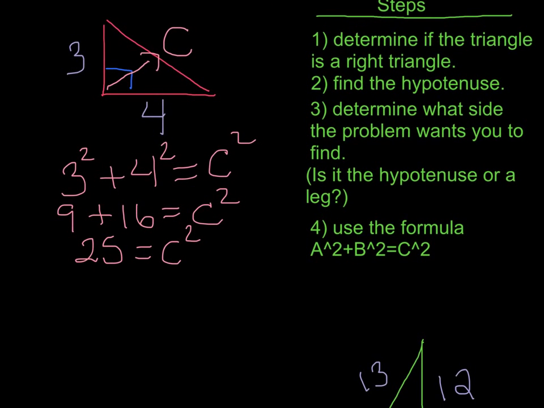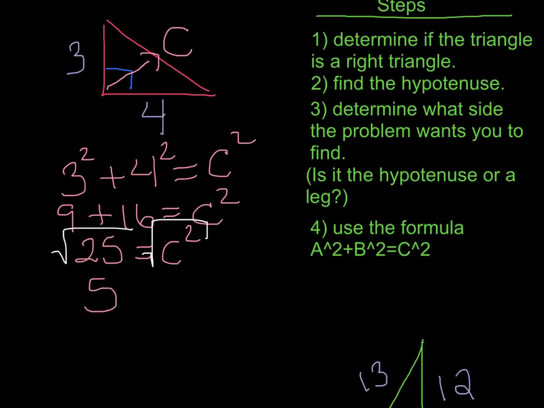Okay. Now, I'm not done there, okay, because I need to isolate the letter C. At the moment, it has an exponent, so that's not really isolating it, okay? And in order for me to get rid of an exponent, I need to square root it, okay? But if I do that to one side of the equation, I also need to do it to the other, okay? So I'm going to square root both sides,